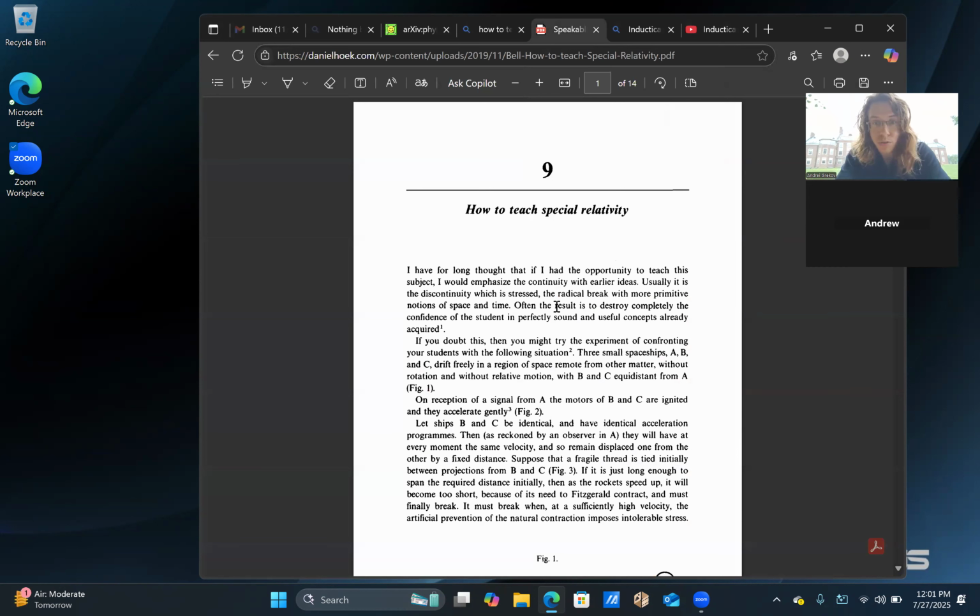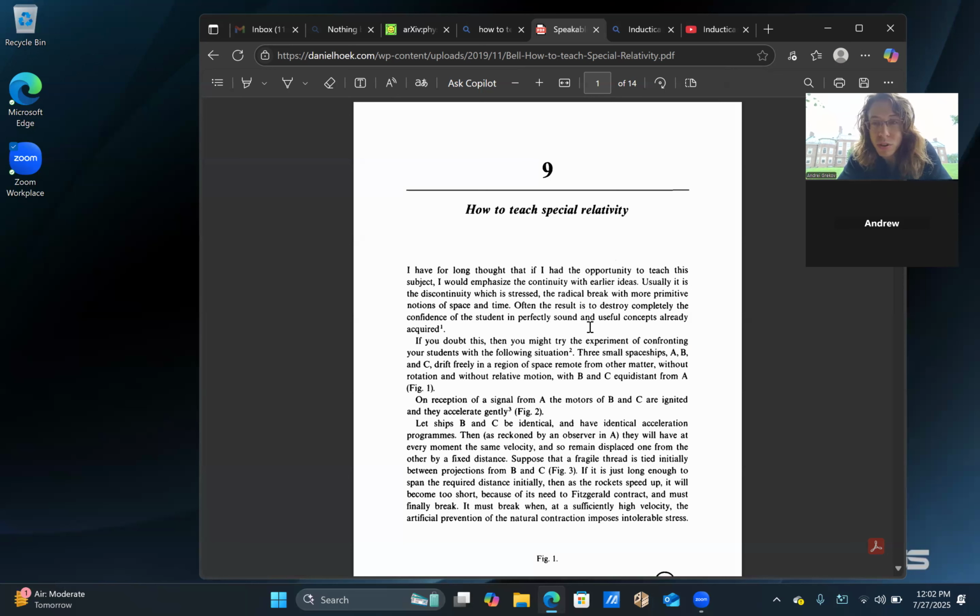So it's titled How to Teach Special Relativity. I decided I will reduce the beginning because it has this jump start, which is supposed to ignite your interest, and then I'll try to review the rest. Okay. I have for long thought that if I had the opportunity to teach this subject, I would emphasize the continuity with early ideas. Usually it is a discontinuity which is stressed, not a radical break with more primitive notions of space and time. Often the result is to destroy completely the confidence of the student in perfectly sound and